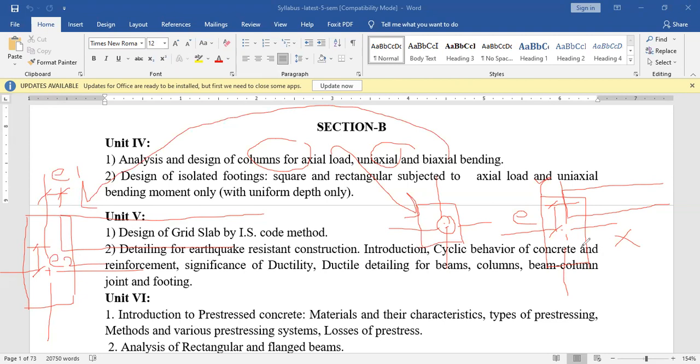And then axial load. Suppose at the center itself, that particular beams are going to be placed and you'll have that loading directly transferring. In that case, yes, this can happen. So according to the eccentricity of the beam, this particular uniaxial behavior or biaxial bending behavior will be there.